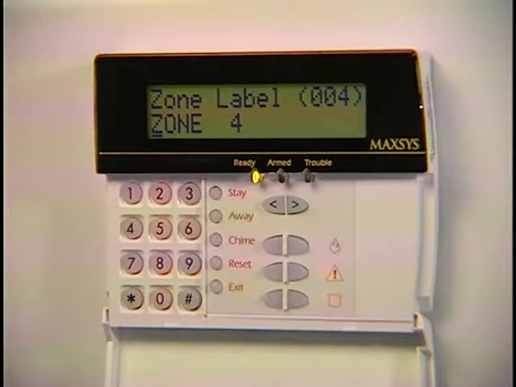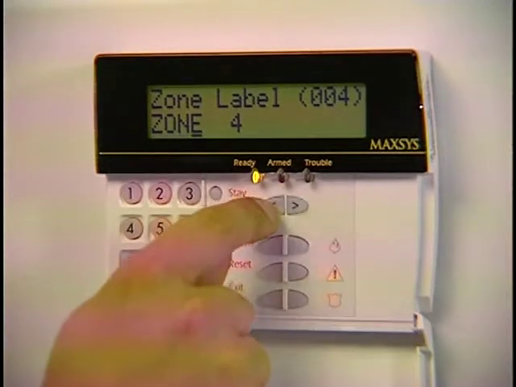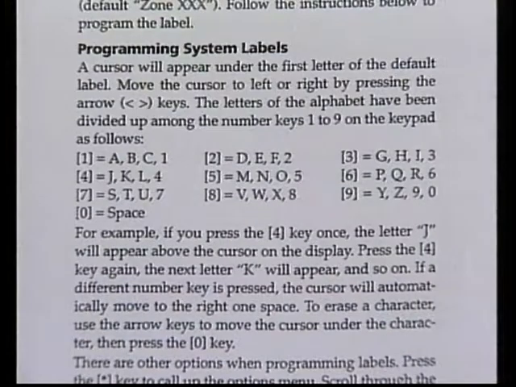which at default is the word zone and the zone number. Labels can be up to 14 characters in length. The cursor will be located under the first character of the label and can be moved left and right by using the arrow keys. The alphabet has been divided up amongst the number keys 1 through 9, according to the